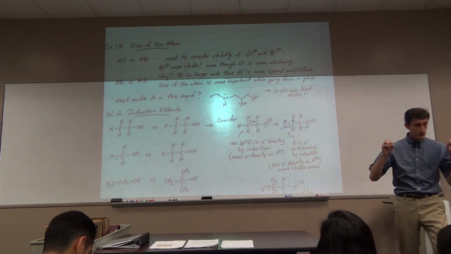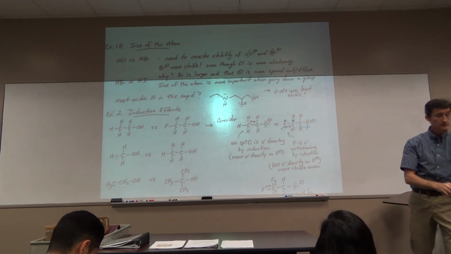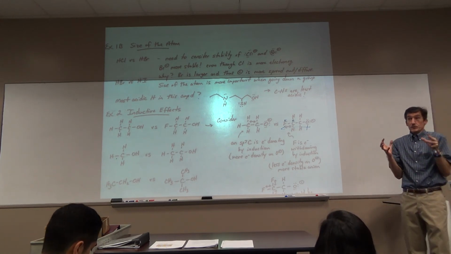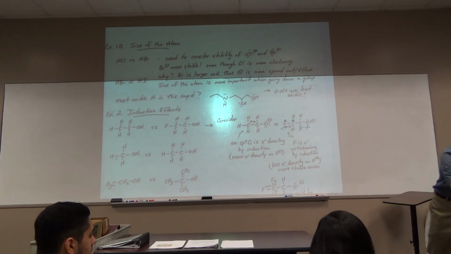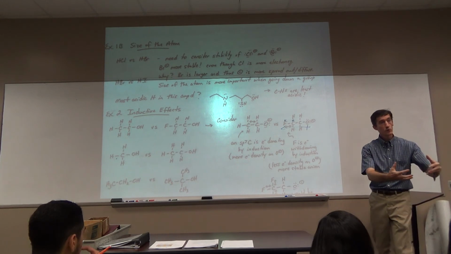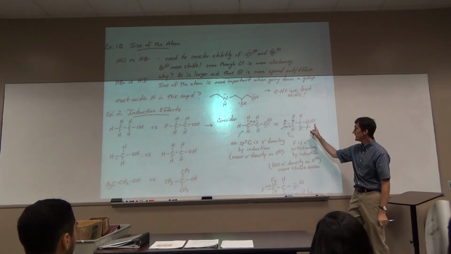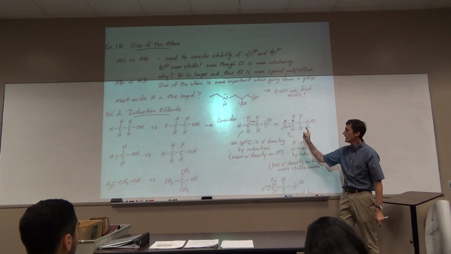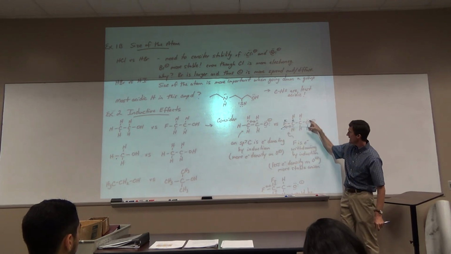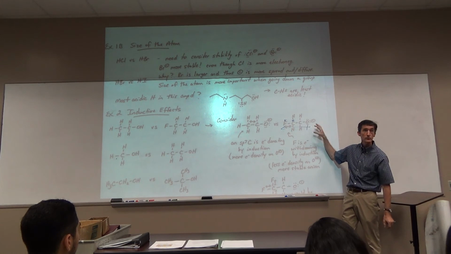If you're minus and I push minus towards you, is that going to stabilize you? No, you're going to get even worse. You're going to be like, I got too much minus. Well, let me pull some away. Pretend I'm a fluorine pulling some of that minus away. Now, it doesn't have to be bonded directly. The effect can be felt all the way through. The fluorine is pulling some of this minus away, making it more towards neutral, more stable.